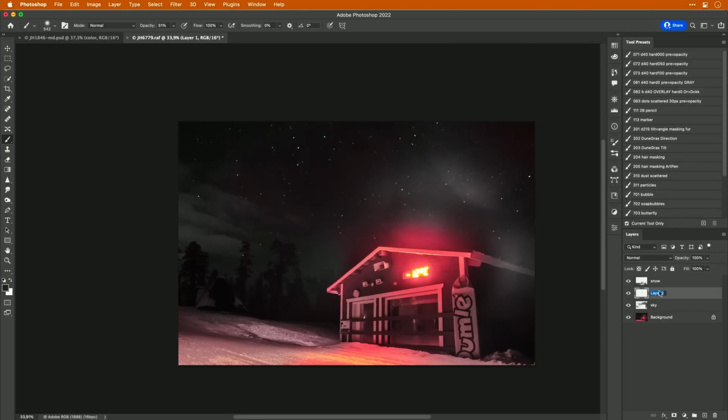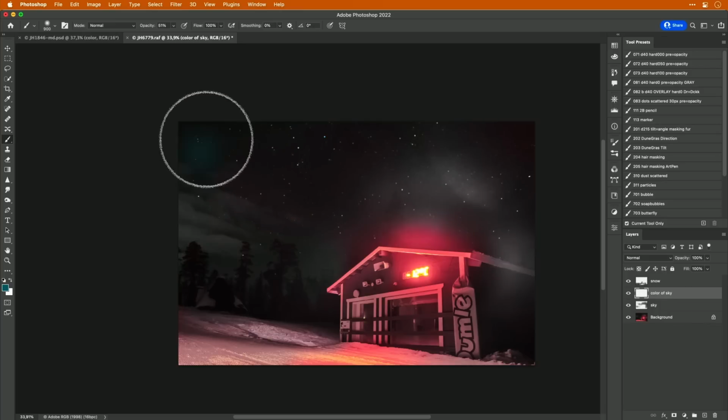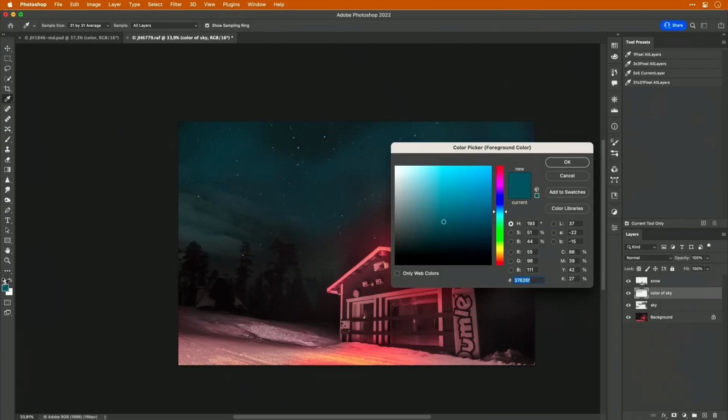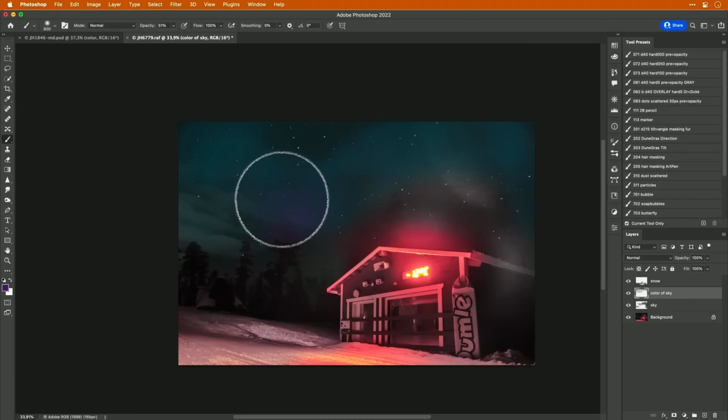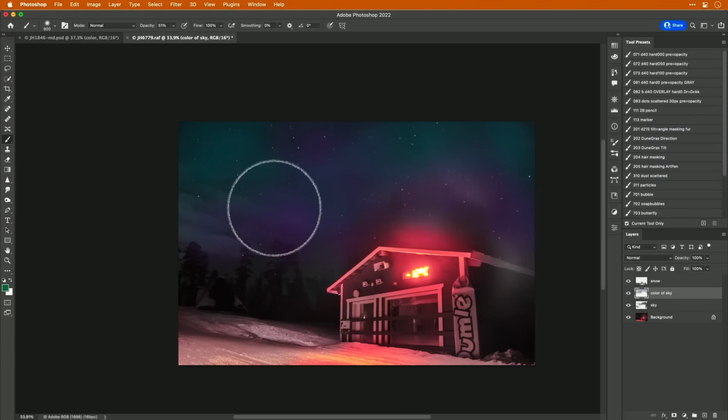So I will create a second layer, color of sky, go with the brush and go to the color picker and go for a blue, like so. Okay, big brush, and now I can start painting in this blue. Maybe I want to have some purple again as well, like so. So I will just paint with different colors, some green as well, maybe some kind of strokes. So I just paint here up and down,